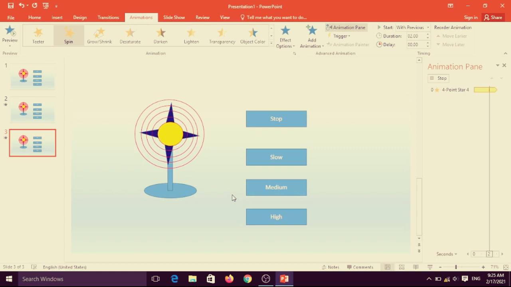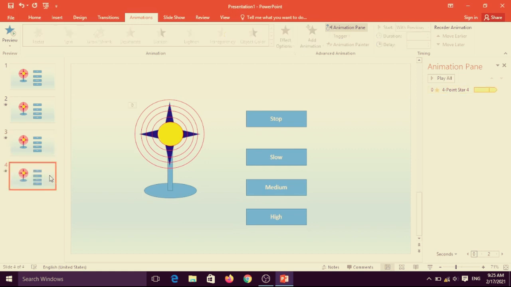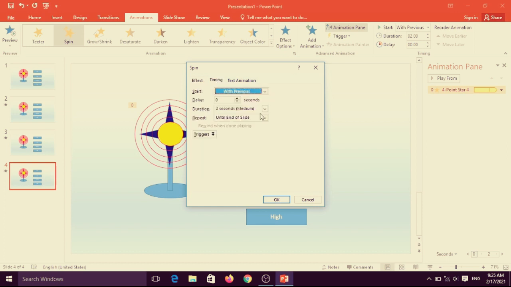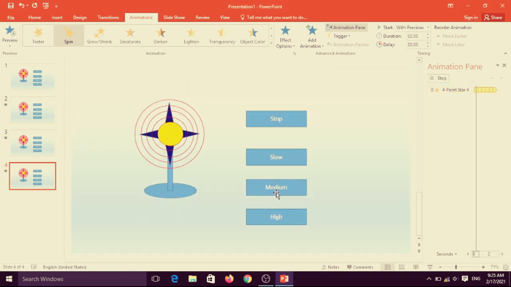Now it is in medium position, and once again choose that one and press Ctrl D to make a duplicate for that, and then after choose the animation point, and there is a given timing with very fast, and click on OK button. OK, and then after give the bookmarks or hyperlink.